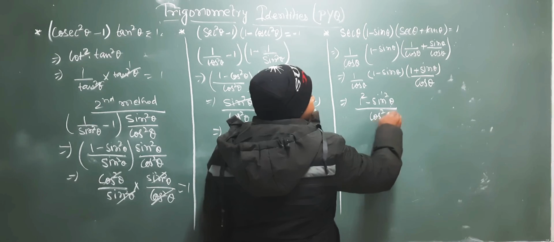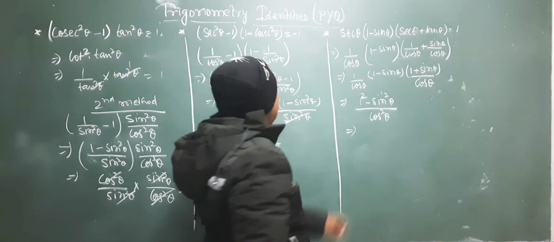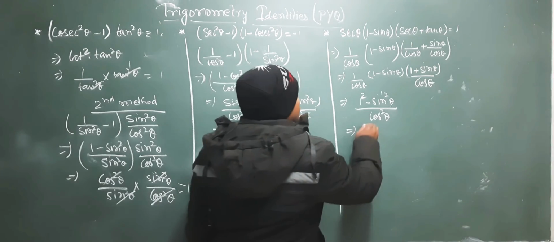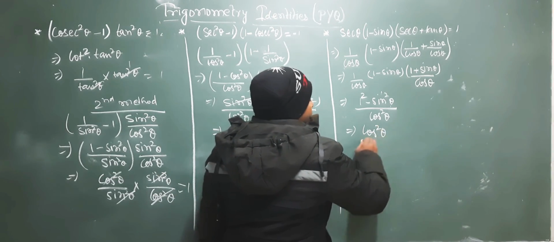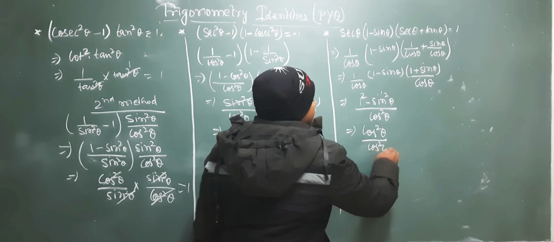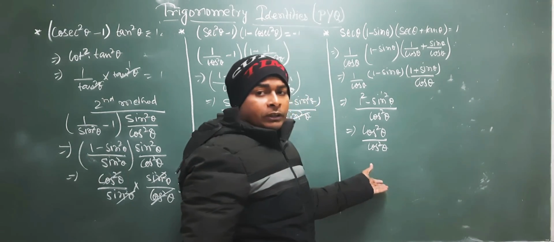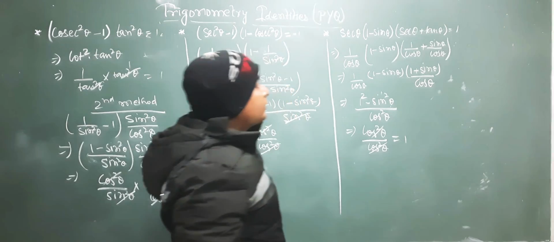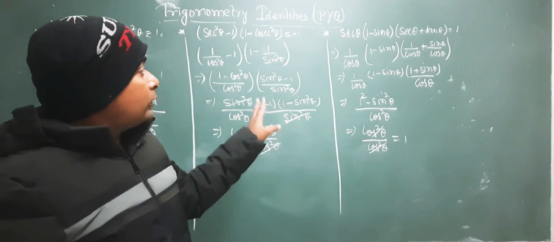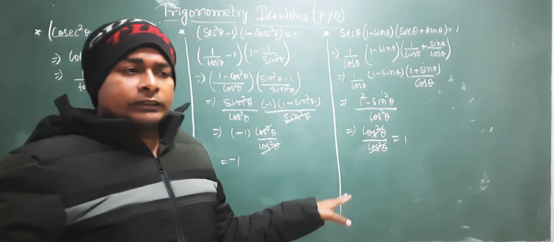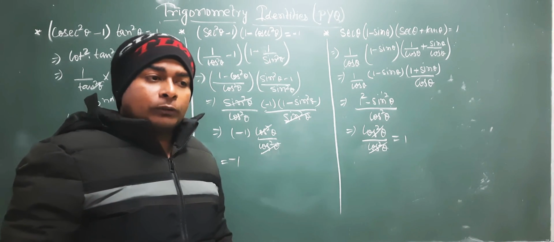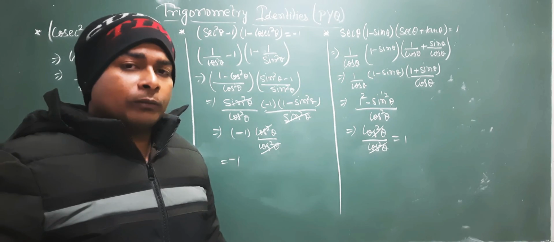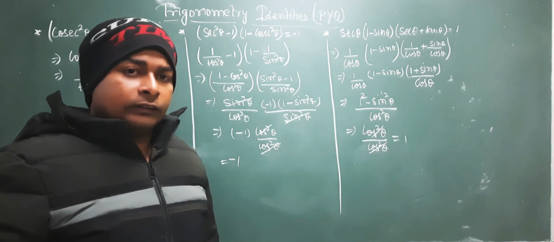Finally we got in the numerator 1 square minus sin square theta upon cos square theta, and we have done this formula so many times: 1 minus sin square theta is equal to cos square theta. So cos square theta upon cos square theta, the numerator and denominator are the same, so it will be cancelled. Finally we will get 1. You can see that these three questions were asked in 2015 and 2016. So my dear students, please stay connected for more questions from the trigonometric identity section. Thank you.